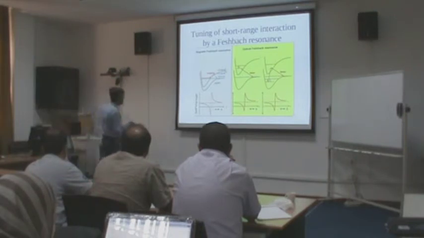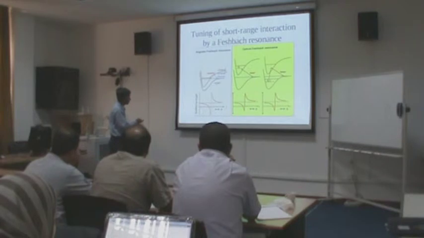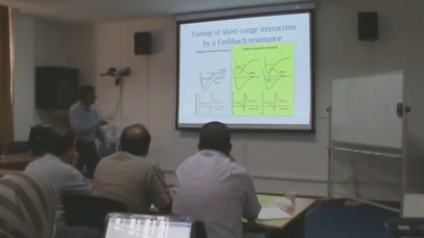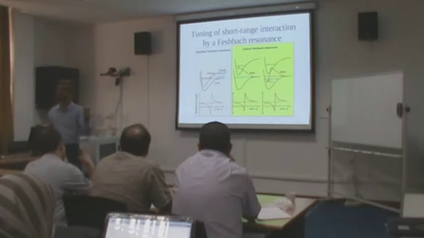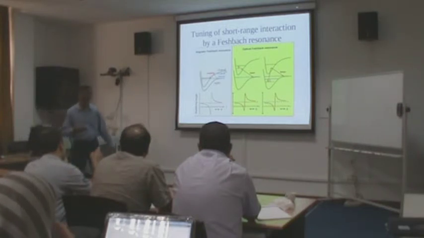So this is the magnetic field which is plotted, and this is the scattering length in the open channel. What happens by increasing the magnetic field, you can make this scattering length go to minus infinity, then plus infinity, and then come to a smaller value. So you can set it at any number you like, in principle, if there is a closed channel with a bound state pole like this. So this is called Feshbach engineering of the scattering length.